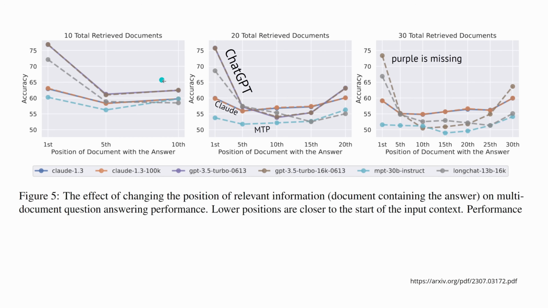As you can see here, we look at Claude normal, at Claude 100K, at ChatGPT and the extended ChatGPT 16K version, and at our light blue MPT30B instruct model. If we provide in each context window to, let's say, ChatGPT, 10 documents, 10 paragraphs, 10